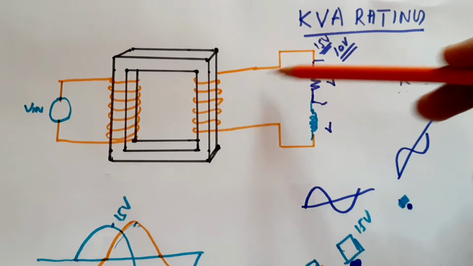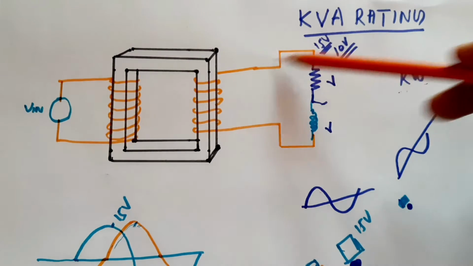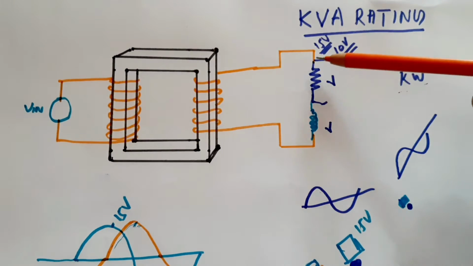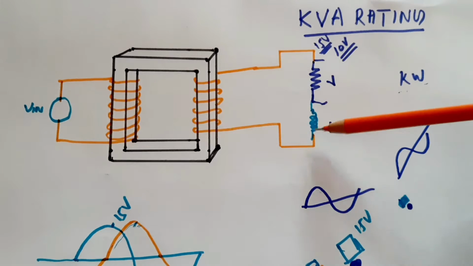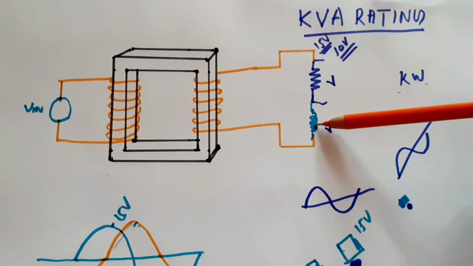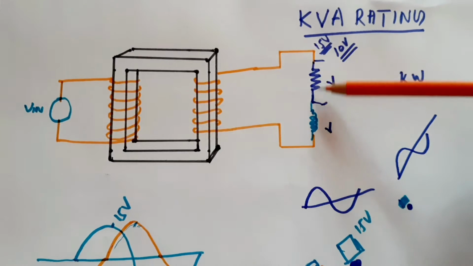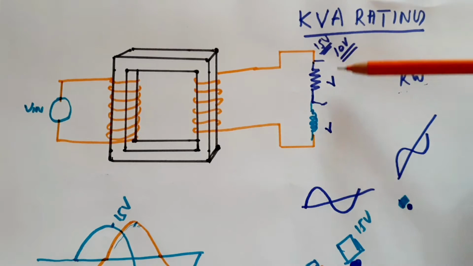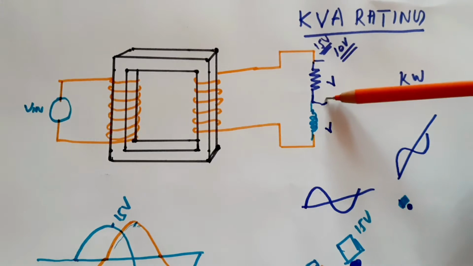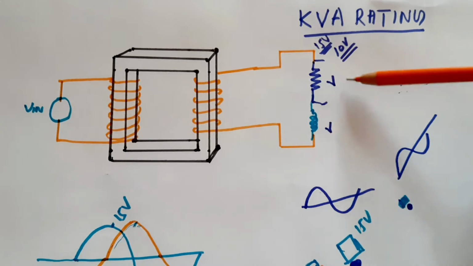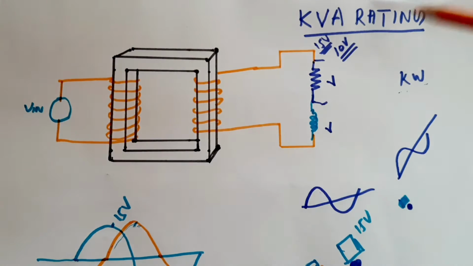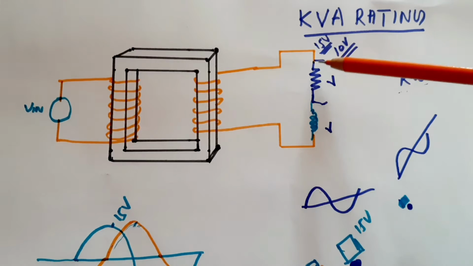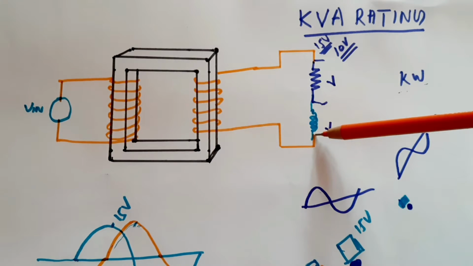and the transformer has to supply energy that contains two portions. One is a dissipative energy. That means if we connect a bulb across this, say an LED bulb, it is fully dissipative. All the energy through the bulb will be dissipated as heat or light. And another component is an inductive component.